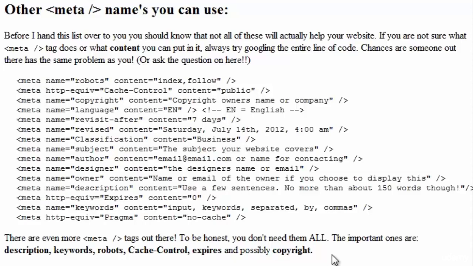Now that's really all you need to know for the head section. And if you're looking for more meta tags, by all means, go on Yahoo, Bing, Google, whatever search engine you like, and look up more meta tags. If you like, you can put every single meta tag in existence in your page. That's completely up to you. Like I said, they're not all useful. Some of them are just declarations. For example, classification, business, is more of just a declaration than it is actually used. And that's just kind of what I mean.